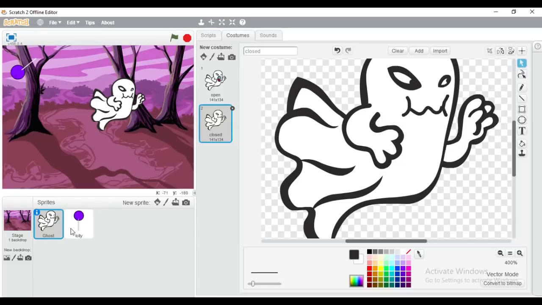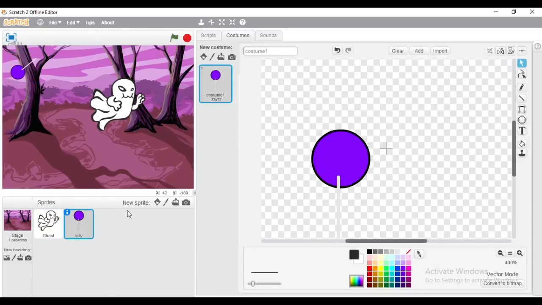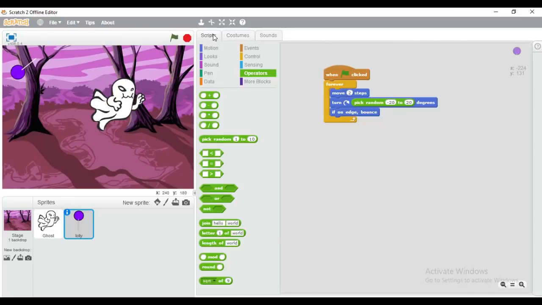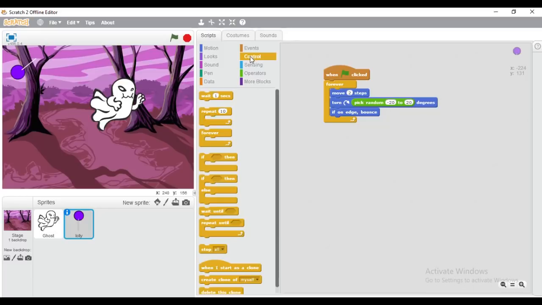We're now going to go back and select our lolly, and we're going to put in some more code for him. So I'm going to go back to scripts up here, and we're going to bring out a control block and say if, then. We already know that it pops up in random places, that it's moving, that it bounces off